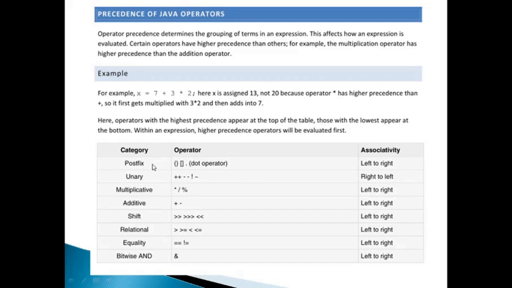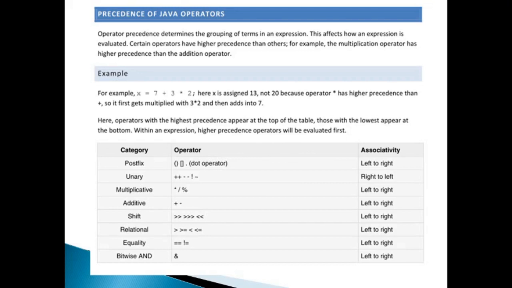You can see the postfix category has the operators: parentheses, square brackets and the dot operator. These follow associativity. What is associativity? Associativity is a term concerned with precedence. Precedence is among different operators, and associativity is between operators of the same precedence. Suppose there are two plus operators used in a particular expression.